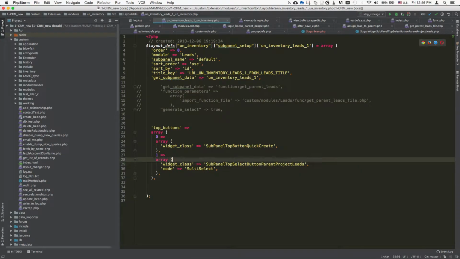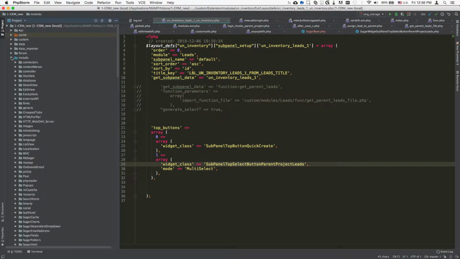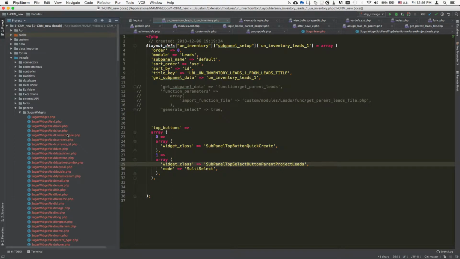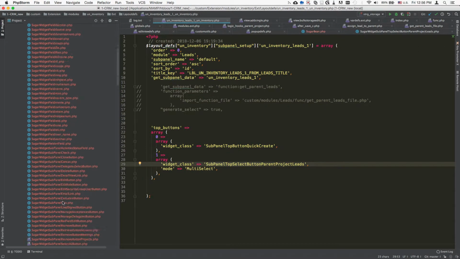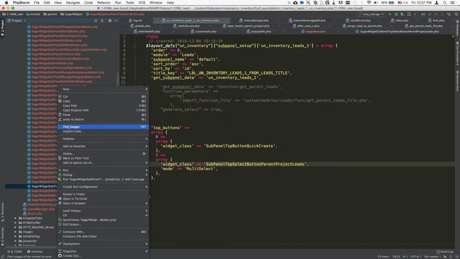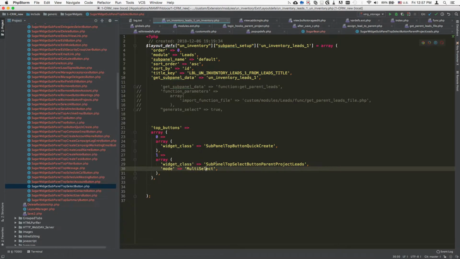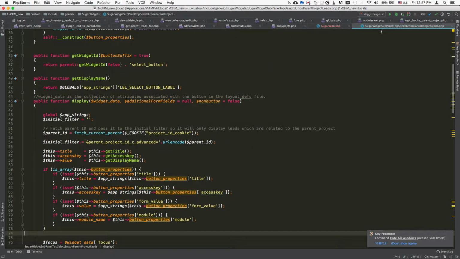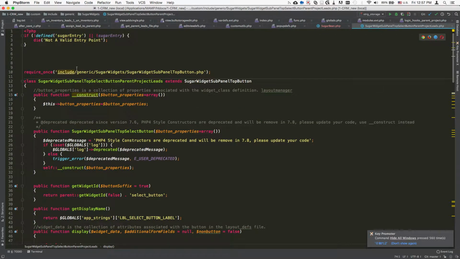So let's go back. To do the overriding of the button, you're going to copy it from the location which is include generic sugar widgets. You're going to look for the original button here. So it's going to be prefixed with sugar widget. So in this case, we're looking for sugar widget, subpanel top select button. So sugar widget, subpanel top select button here. You're going to copy the button, and then you're going to paste it to the following location, which is custom include generic sugar widgets. So it's almost like the same location, but you're putting custom. So you're basically